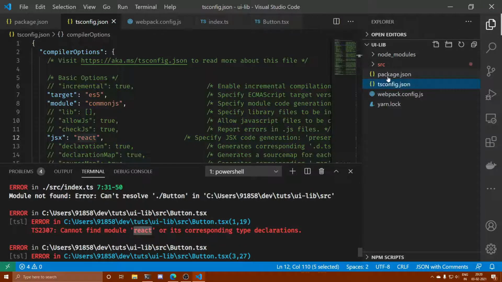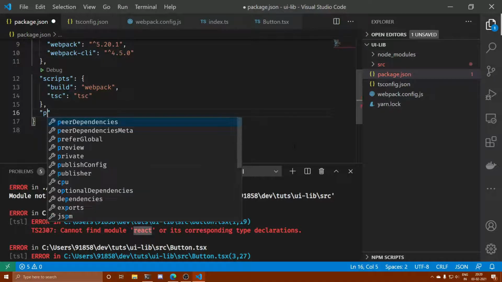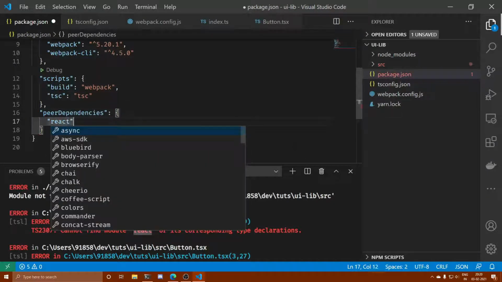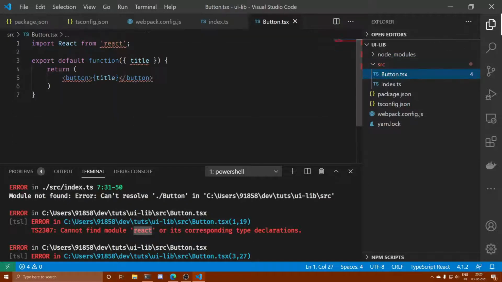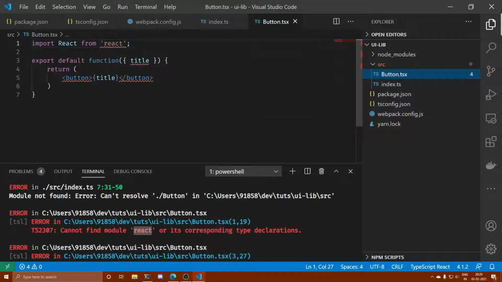Okay, so inside this package.json we are going to mention the peer dependency, okay, and React and any version of React, or you can specify any particular version, but for the time being I'm just using any React version. So React is my peer dependency. Now we have to go back to our button, and over here we are using React, and it is complaining that it cannot find React because React is actually not installed.